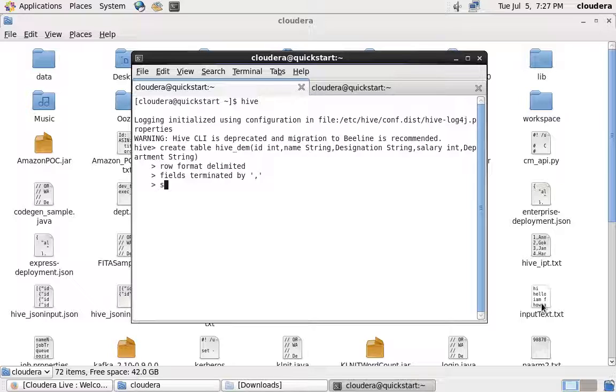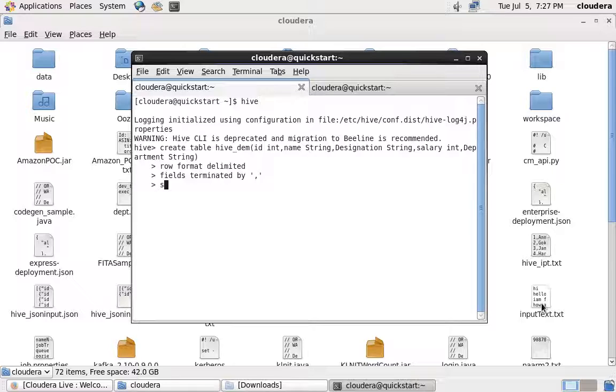For example, if it consumes 100 megabytes to store your data, the same table stored as an ORC file will consume only 22%. It will save 78% of your HDFS space. So we'll always go for a better format to save HDFS space as well.